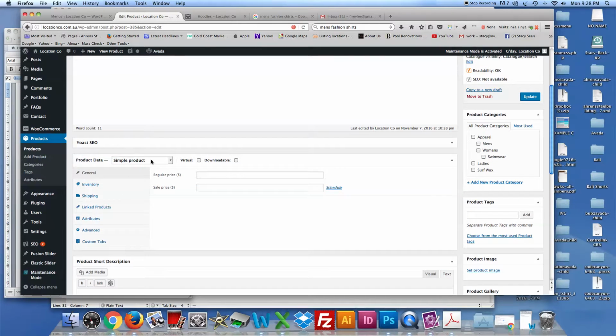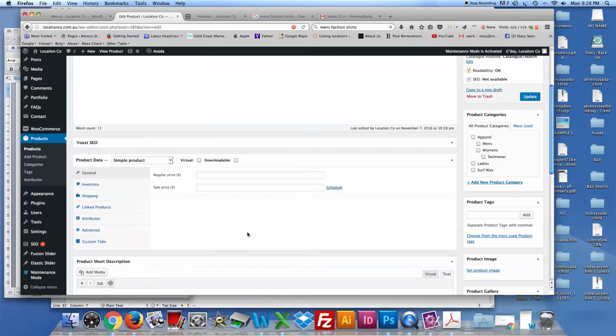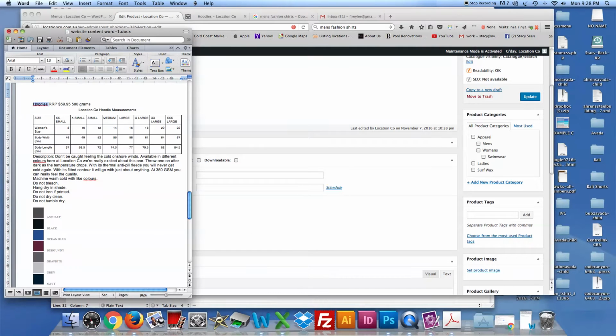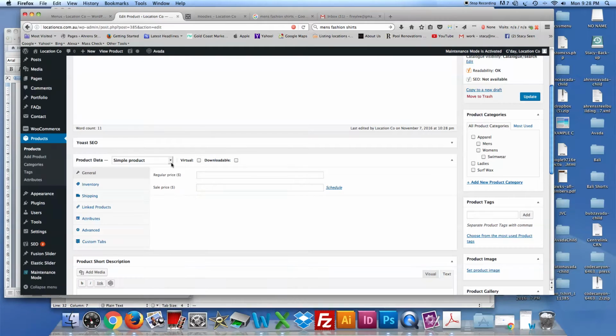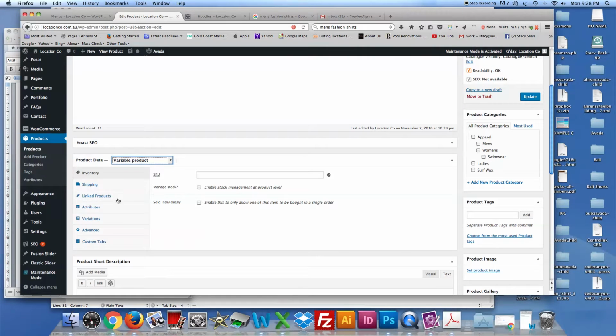and then you come down to your product data. So in this instance, we are looking at hoodies that have a number of colors, as you can see here. So what we need to do is change that from a simple product. So a simple product is obviously just a one-off product with no variations or anything. Now your variables in this instance are obviously small, medium, and large, and the various colors. So we change this here, we just simply go to variable product, change it to a variable product, and then